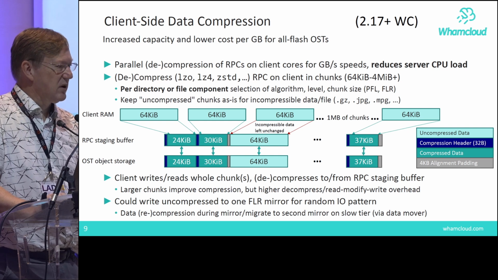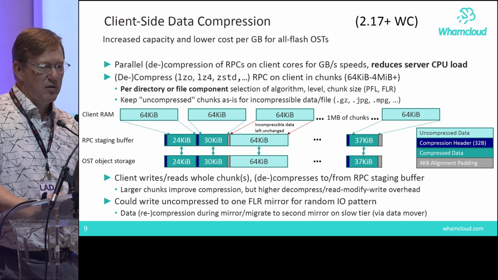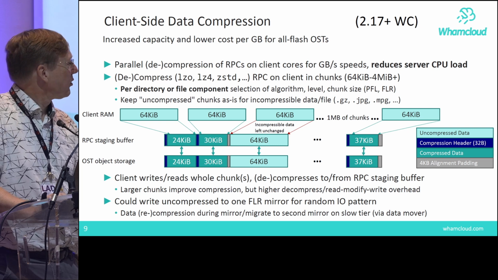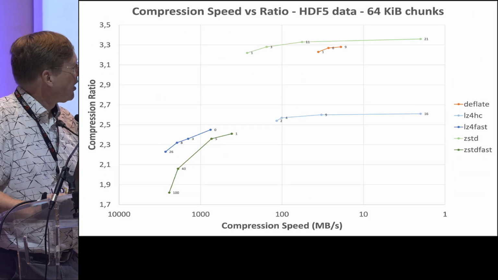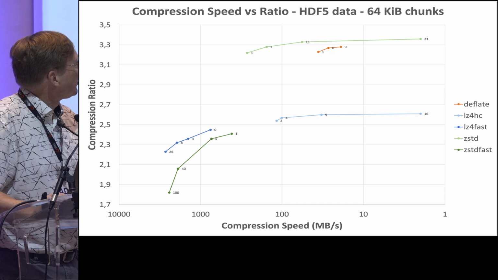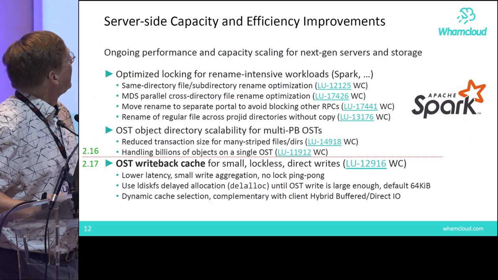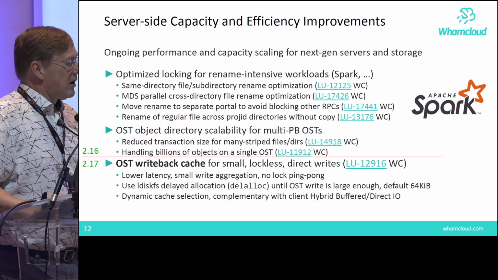And the important thing here being that, of course, the majority of the compression is being done on the client, where there's tons and tons of CPU cores, instead of being done on the server, which is a constrained resource. I won't get into all these graphs about compression ratios and things. What else? On the server side,